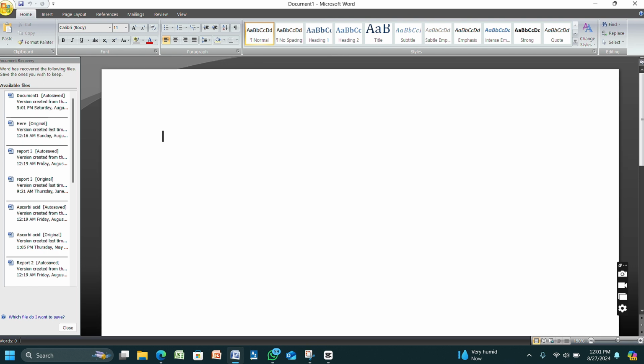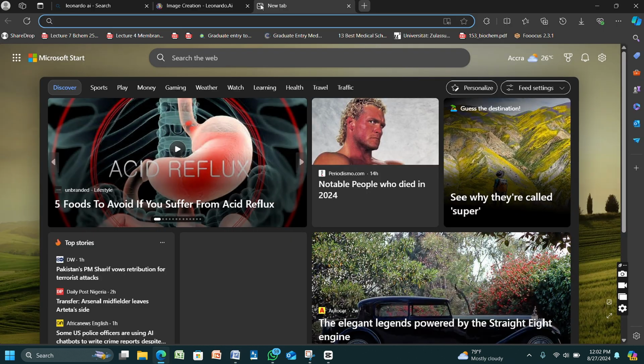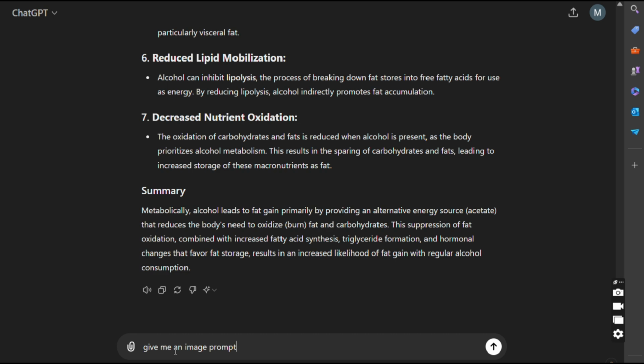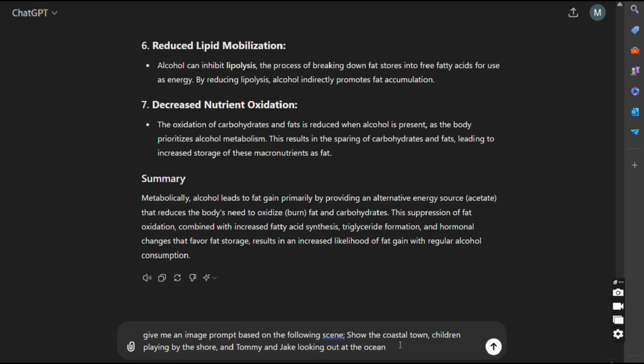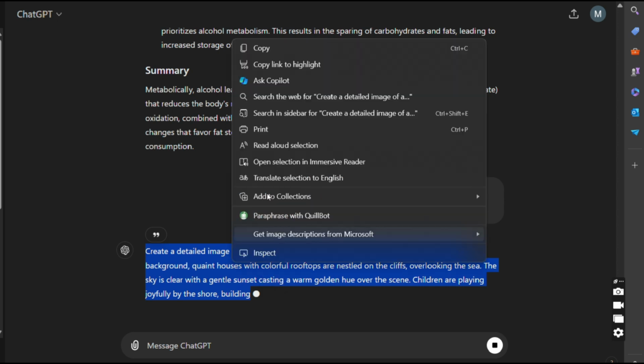Back to the script we saved, copy each scene and paste it into ChatGPT. Prompt it to generate an image prompt based on the scene. Example prompt: based on this scene, generate an image prompt for me. Once it is done, copy the prompt,